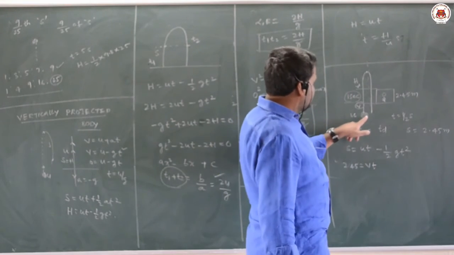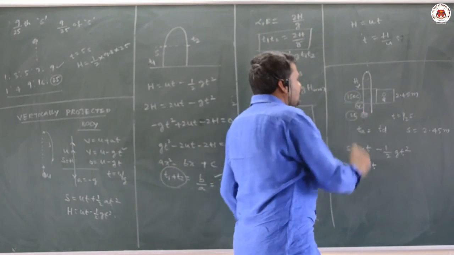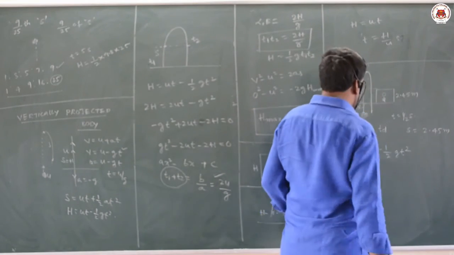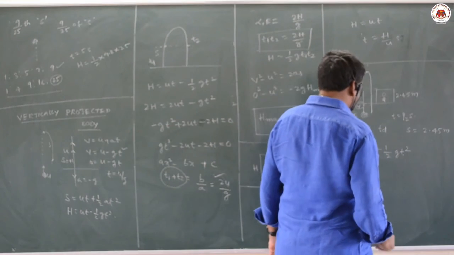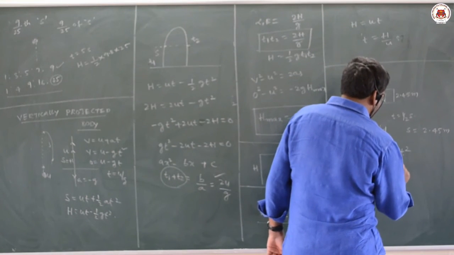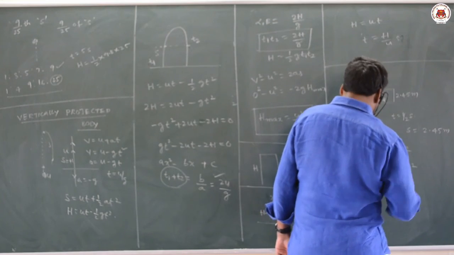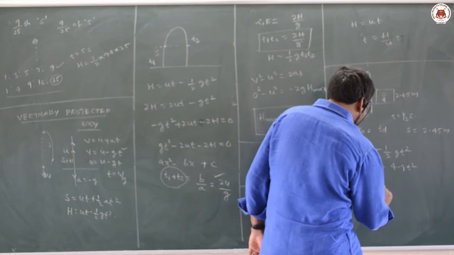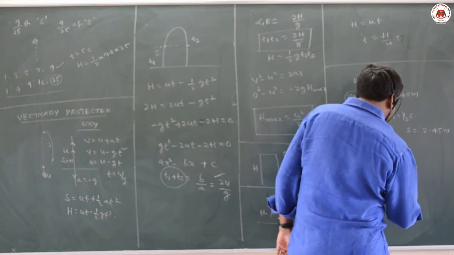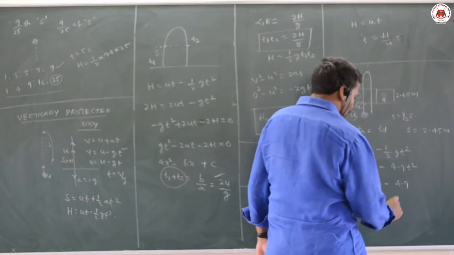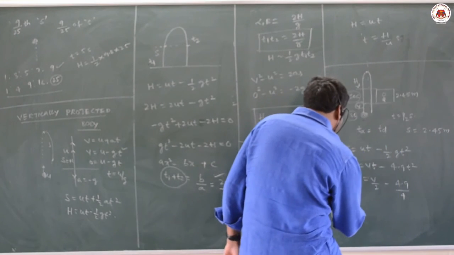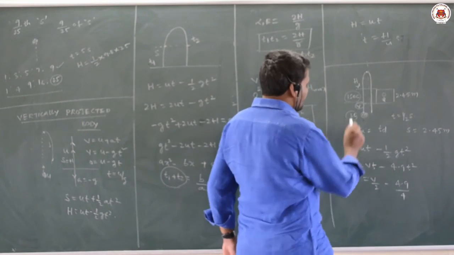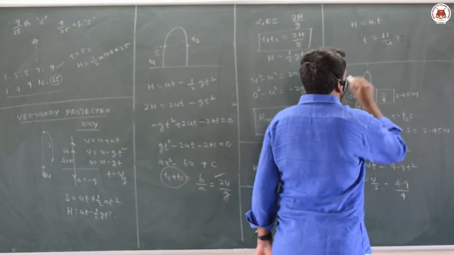So here, the initial velocity of projection is u, just before crossing the window the velocity of the ball is taken as v, and after crossing the window the velocity is taken as v dash. So 2.45 is equal to v into t minus 4.9 into t square. Here time you have to take as half second, that is, v by 2 minus 4.9 by 4 is equal to 2.45. From this we can calculate v.